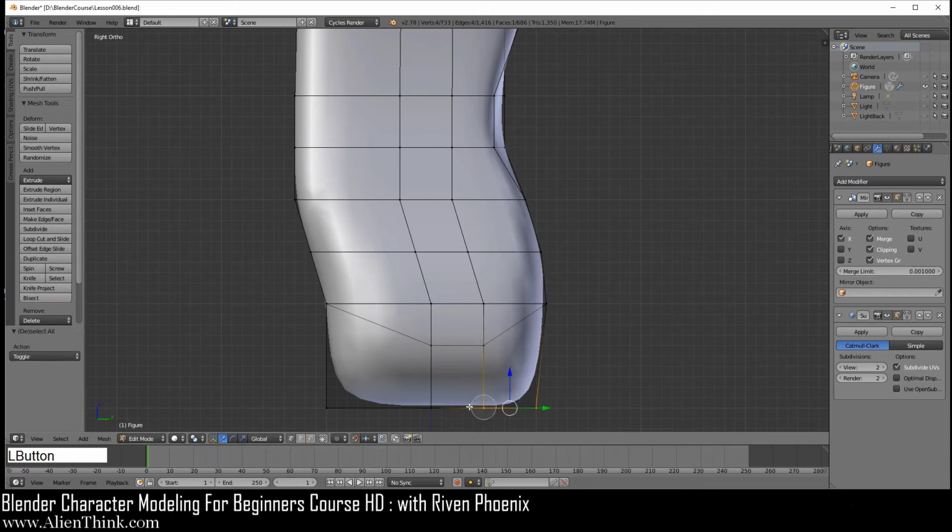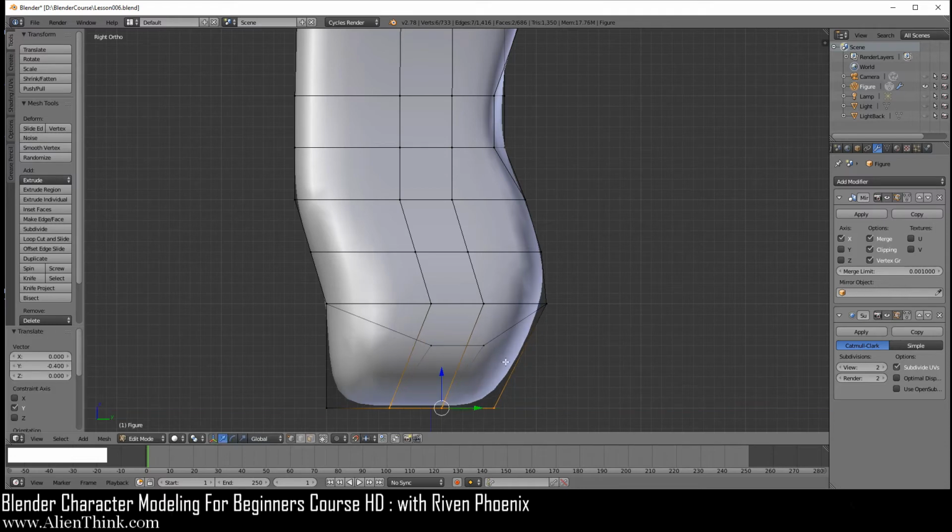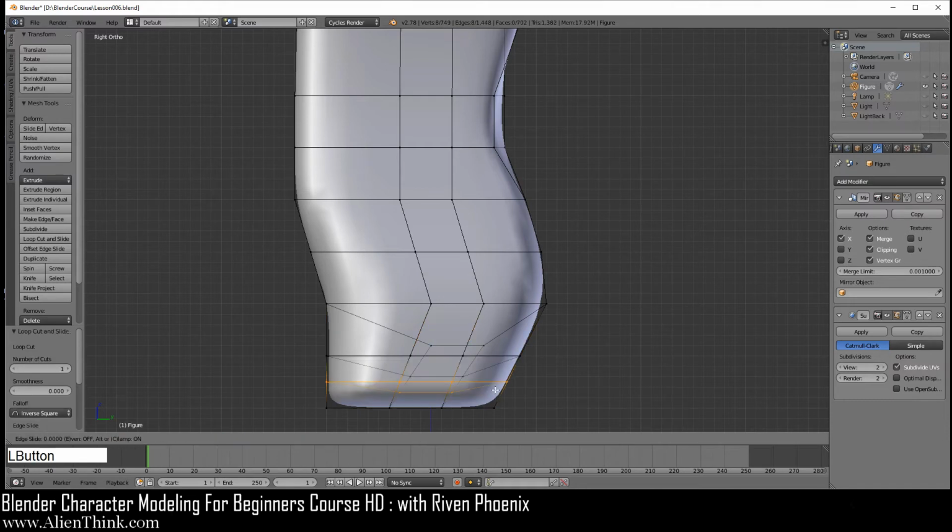Now I'm going to press the C key and go ahead and select all these, right click to get out of it. We're going to move it to the left 4 times, 1, 2, 3, and then 4. Now you're going to do Control R, left click, and then right click, do Control R, left click, and then right click to cancel that.